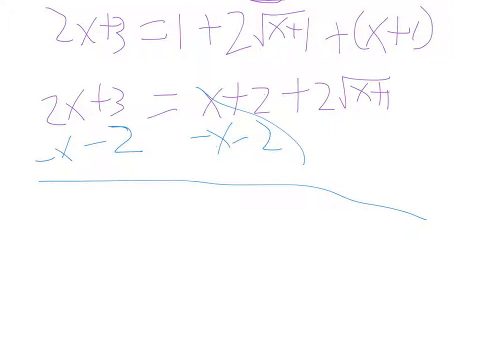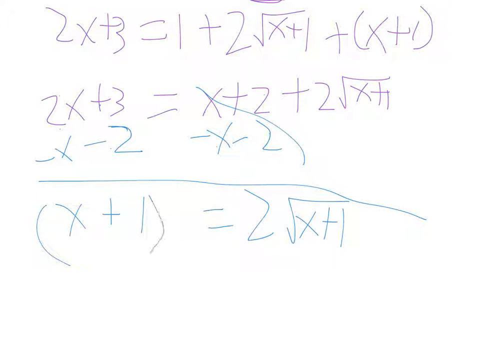So, those cancel out and you're left with 2 times square root of x plus 1 equals 2x minus x is x, 3 minus 2 is 1. So now, this is the part where we have to square it again. If you square both sides to get rid of the square root now,